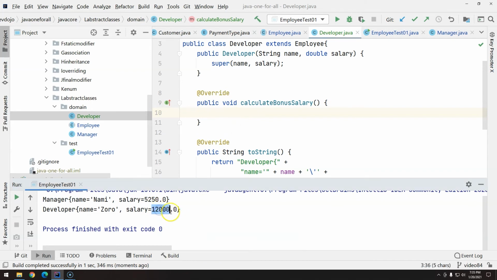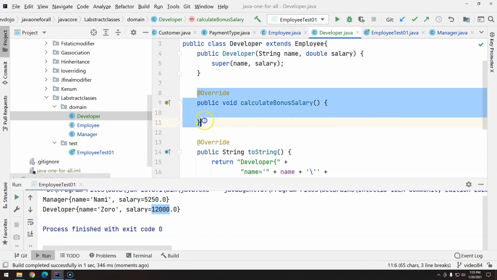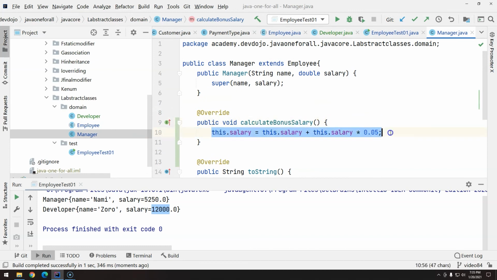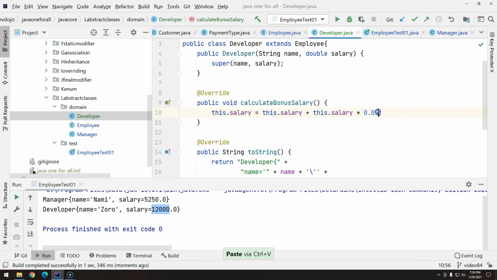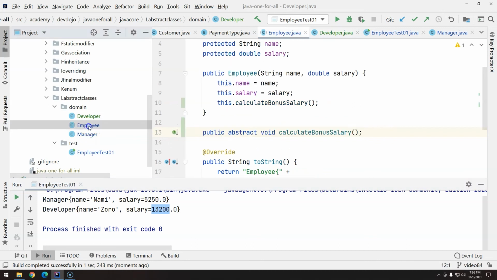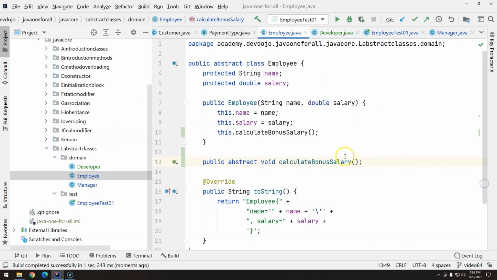So as you can see, the Developer doesn't have any bonus, but at least you know that you don't have any bonus because you provided the implementation. You just overrode this method. And here, let's say that we would like to give 10%. So I will go back to my Manager and I will apply now 10%. So Shift F10. And as you can see, now we have the Developer with a bonus. So abstract methods means that whoever is extending the class will be forced by the JVM to